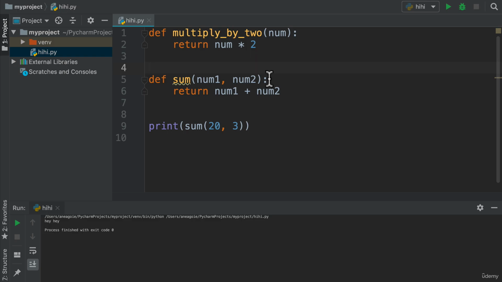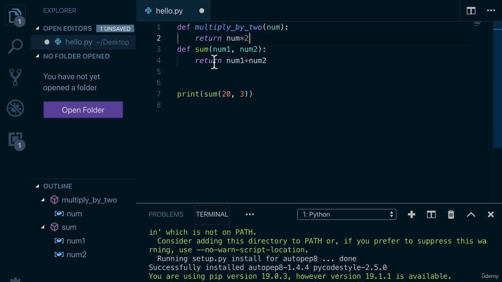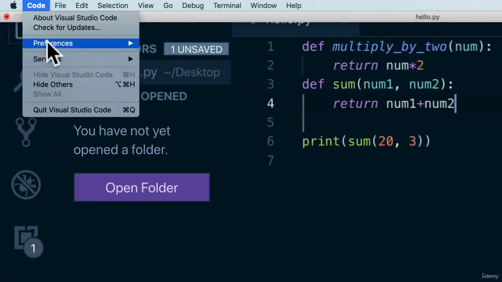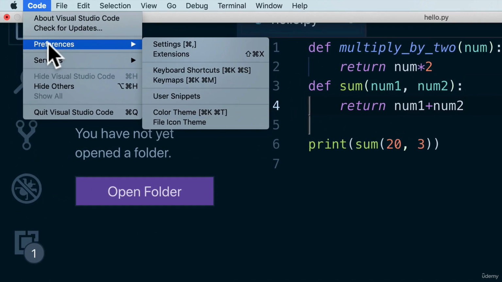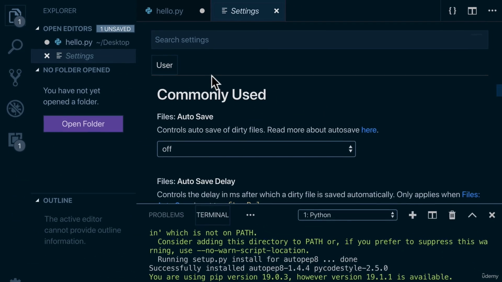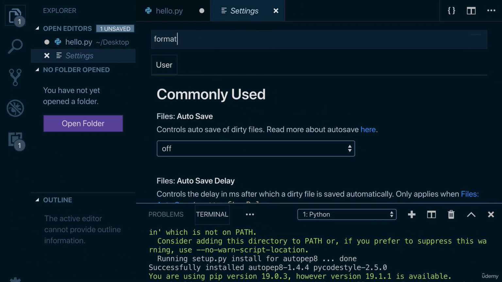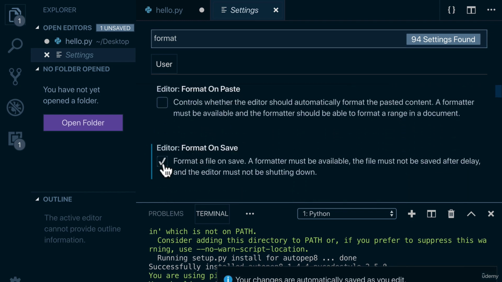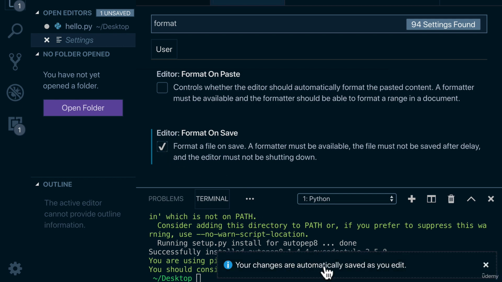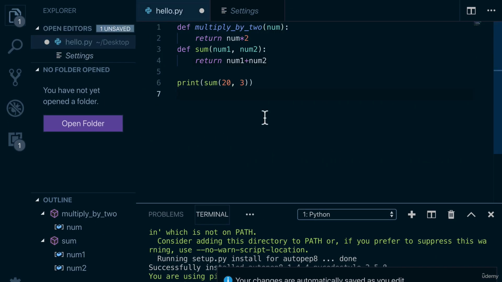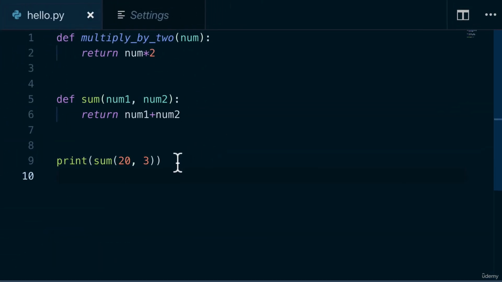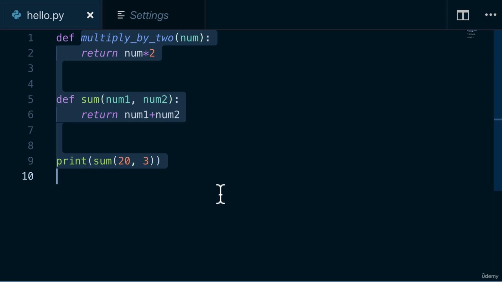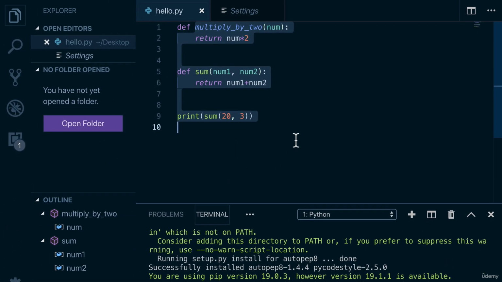And you know what? Just because we have a little bit of time, just to show you how you can use VS Code to format on save, I can simply go to Preferences, Settings, and type in Format. And if I scroll to Format on Save, I can click on that. You can see that changes have been automatically implemented. So now every time I do Command S and save, look at that. It formats it for me so that we can make sure that we write clean Python code according to the standards. Let's take a break, and I'll see you in the next one.